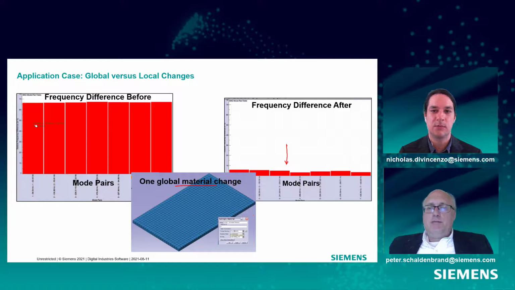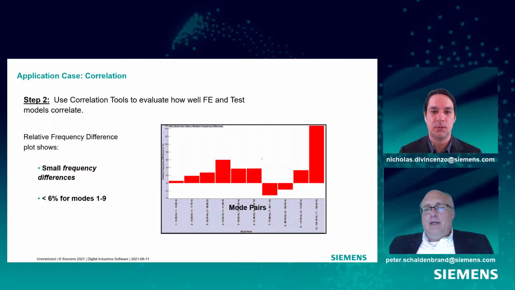Okay. And the reason why I brought up this exercise is, if you look here, will one change of Young's modulus, assuming the mass is correct, improve everything? Well, it looks like they're not all off by the same amount. So I would say probably not. And not in the same direction. Sometimes FE is higher than test. Sometimes test is higher than FE. So if I was to improve the Young's modulus to reduce this difference, it would come down, but this one would probably get worse. Right.